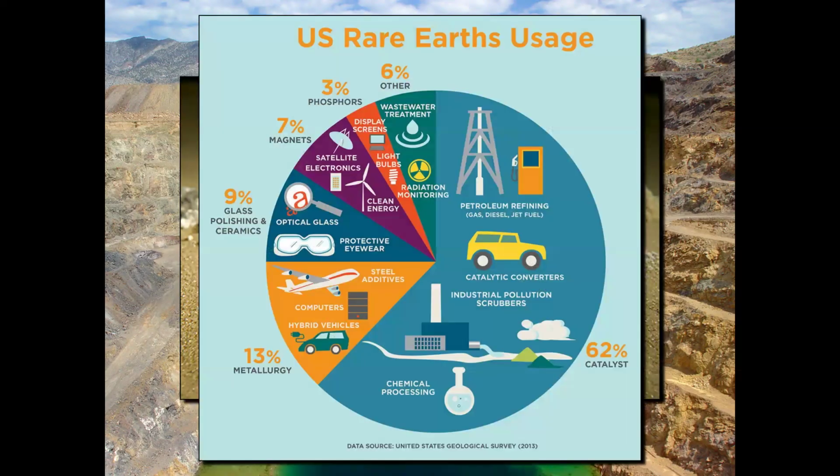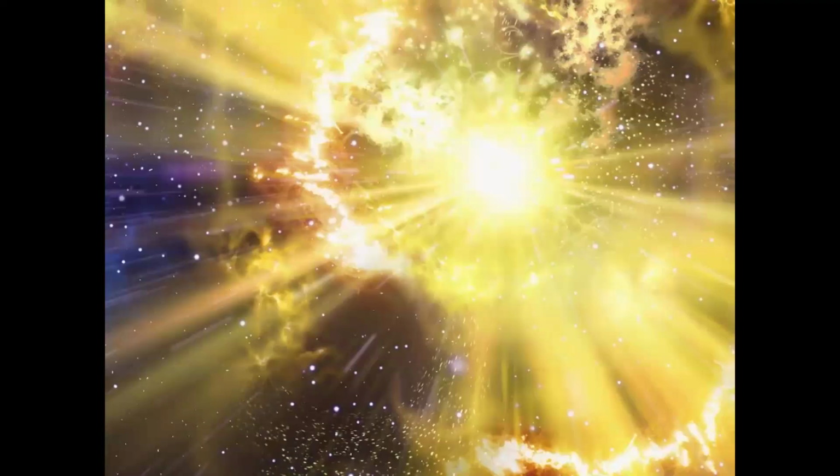Now, this is what we use rare earths for. And you can see that 62% of it helps with petroleum refining, it helps with catalytic converters, it helps with chemical processing. You can see it's also used for computers and hybrid vehicles and so on. I'm not going to test you on these percentages, but be aware that this is what we use these minerals for. And the reason I'm emphasizing this is because they are present in finite amounts, because they were captured when